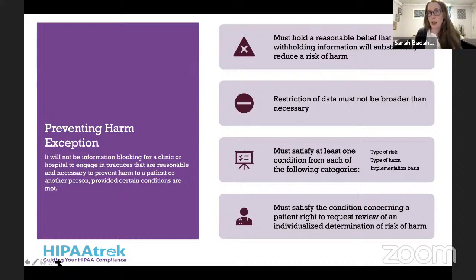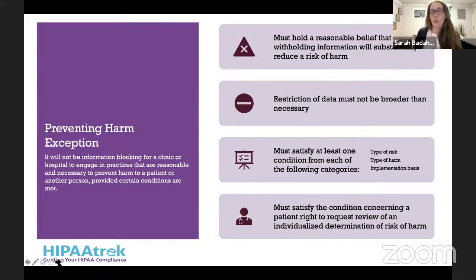It does not take into account mental health or mental stress. It is physical harm that you are going to be reducing by withholding this information. And so it is going to be important that you are creating this policy and you are training your providers on how to alert the folks in your medical records department or your HIM department on how they are going to be releasing that information or withholding that information, because HIM is going to be releasing all information unless they're